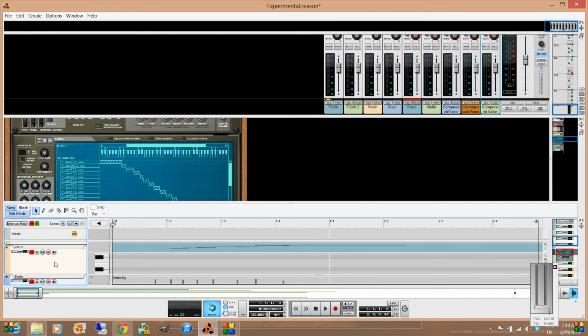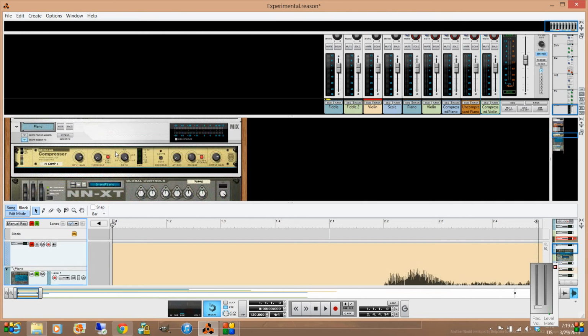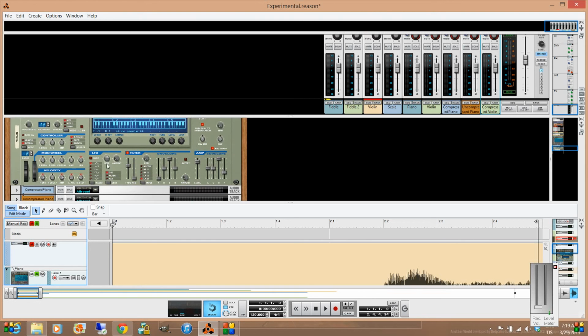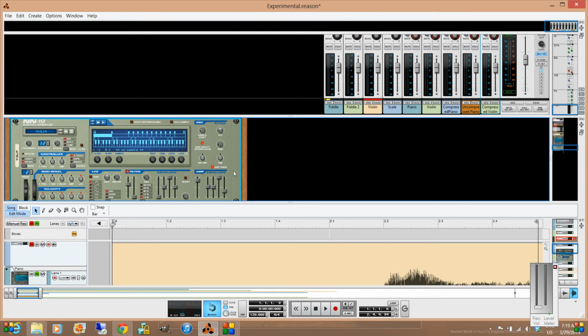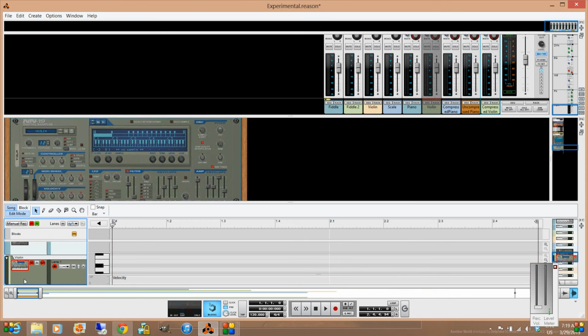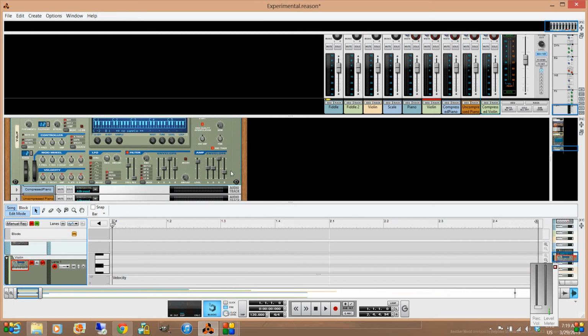Now if I play that violin sample on the keyboard, here you can see this area of the screen where I'm looking at these sliders. This is an envelope generator in the synthesizer that plays that violin sample. And if I call that up down here on this violin track and play it on the keyboard, I've got a little bit of a release that's been programmed in, and that makes it sound a lot more natural.